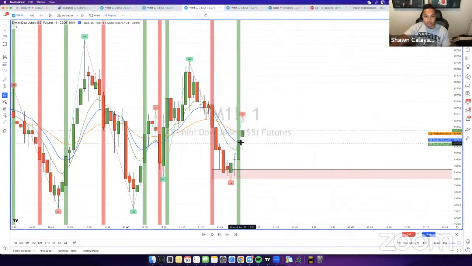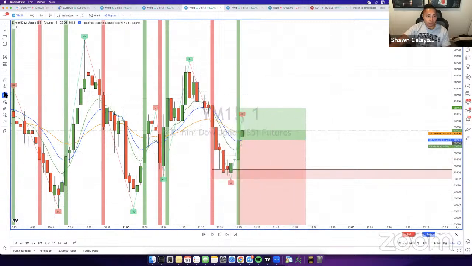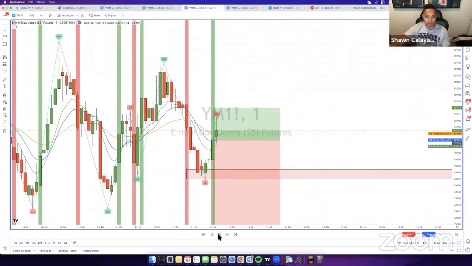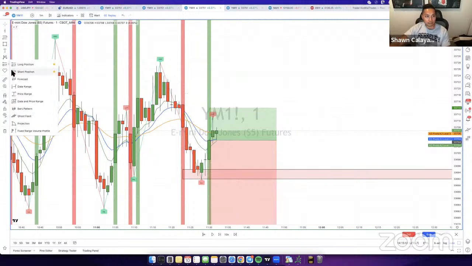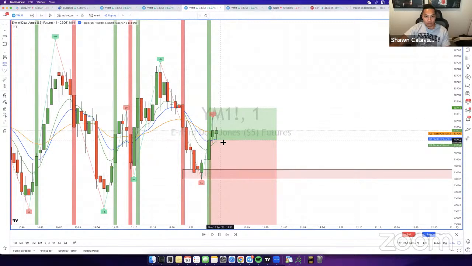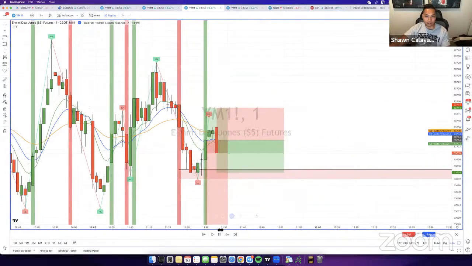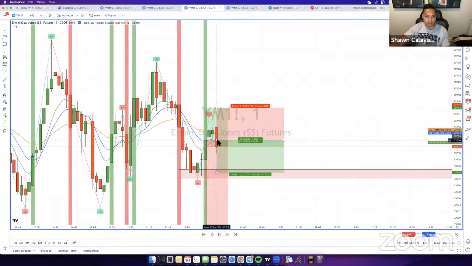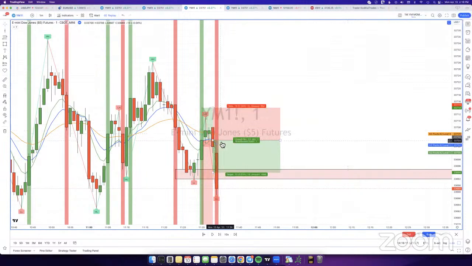the entry would be right here. What I would personally do, if you have an inkling that price is going to reverse on you, is let price push up a little bit and then enter an opposite trade at where the entry point was. I don't know if that's something you want to try out, because if this is a pattern that you see very often, it's a fake out. Price pushes up a little bit, and if you had a sell stop there waiting for price to take your trade, you could just ride it right back down. It's definitely something to consider.